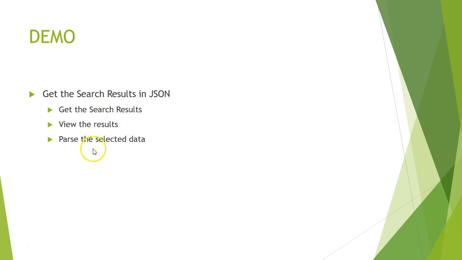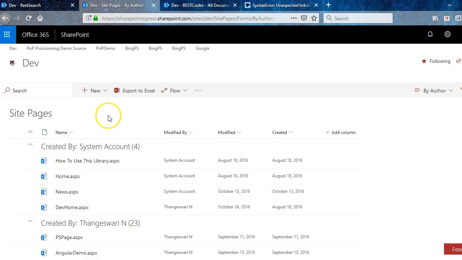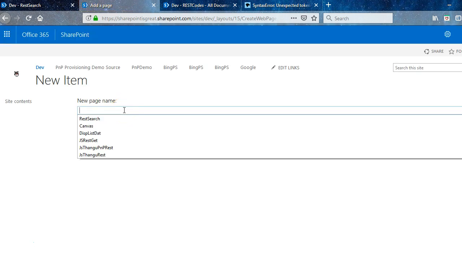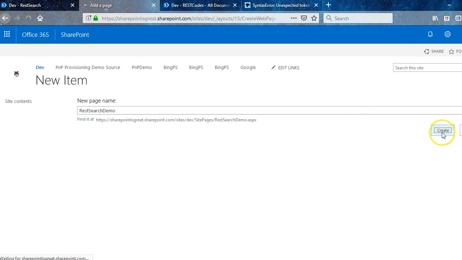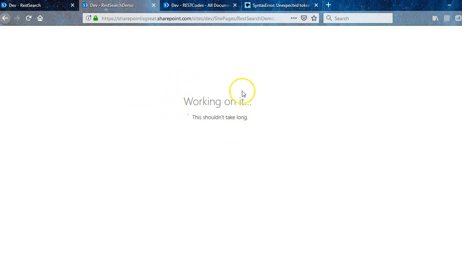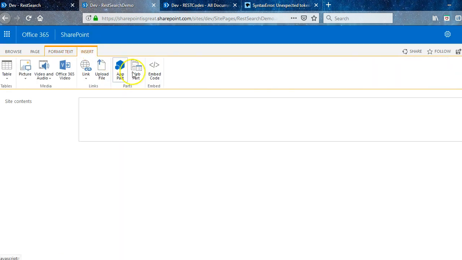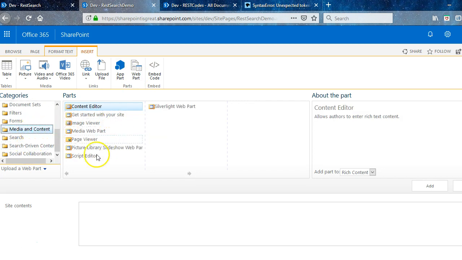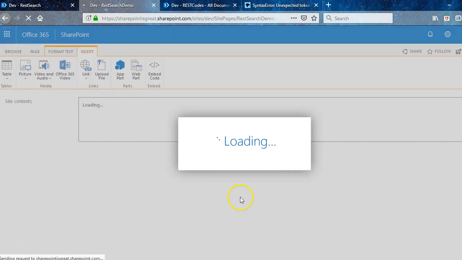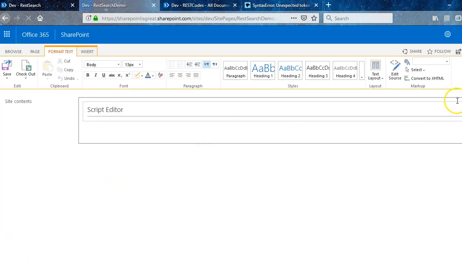So let's go ahead and look at a simple demo where we get the search results, view the results, and parse the selected data. I go to the site pages in your SharePoint site. Let me just create the wiki page. So let's say REST search demo. Once you create the page, or in an existing page, you can insert either the script editor web part or the content editor web part. So let's add the script editor web part, select add, and then you just need to